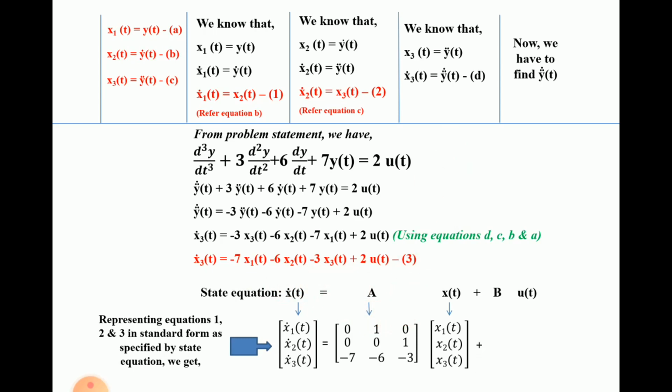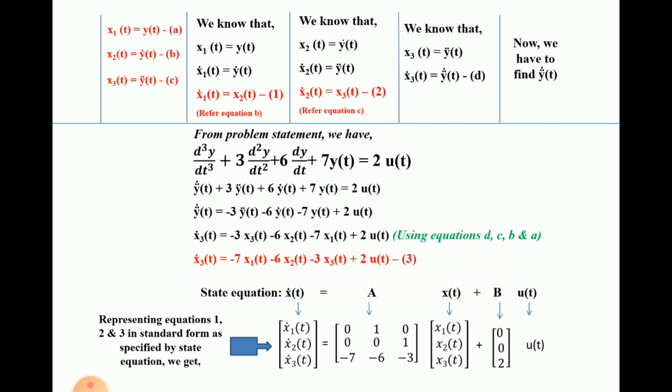Similarly, plus B. This is our B matrix into u of t. U of t is nothing but input. In case you are wondering how did we write B, again you observe B is associated with what here? U of t. So the coefficient of u of t in the expression for x dot of t is called B. Again x dot of t, initially x1 dot of t. Do you have an input term? No. So the coefficient is 0. In x2 dot of t, do you have any input term? No, right? That input term means u term. Again, coefficient is 0. But in x3 dot of t, you have a coefficient for input u of t, 2. So we have written 2 in the B matrix.